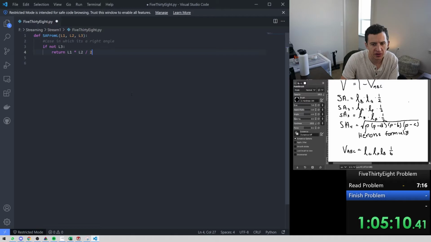If it's a right angle, I'm just going to give you the L1 and L2. Otherwise, case in which it's not a right triangle. This is where we have to use Heron's formula. And that looks like this. So we have to define P, which is equal to, oh God,